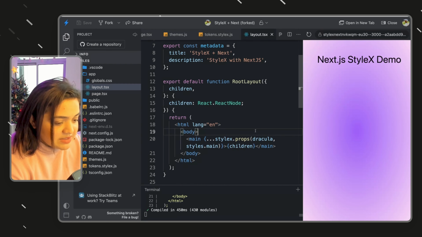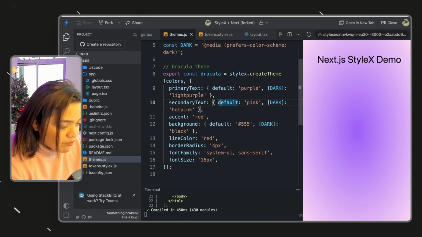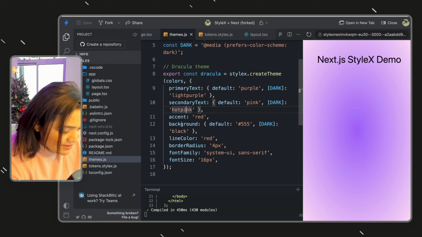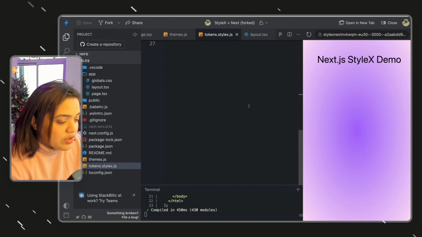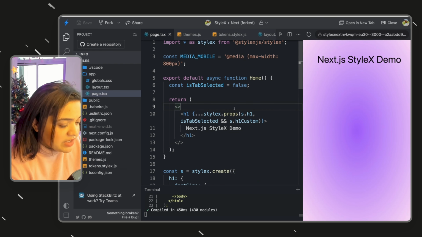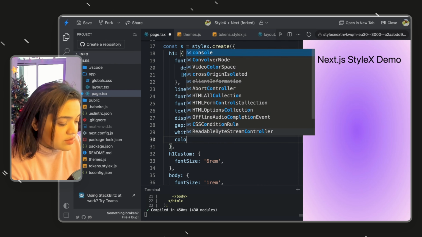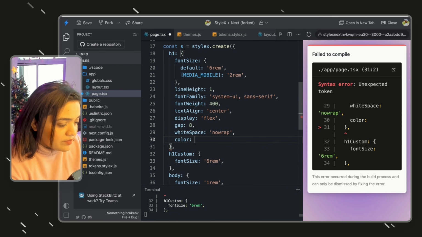We can just paste Dracula over here. Now, if you go to themes, we have primary text, secondary text, accent, and so on. So now, in order for us to use any of these themes, we could just go to the page file, for example, and then inside of color, let's just say